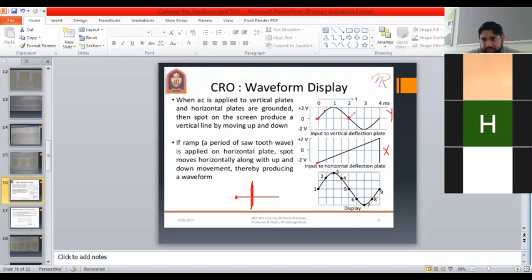We consider this point. Y-axis is offering 0 volts, x-axis is also offering 0 volts. What will be the position on the screen? मैं इसके लिए different color choose कर लेता हूँ जरा, एक मिनट. This was the first point. Now this is the second point. I have considered this point. Y-axis is offering 0 volts, x-axis is also offering 0 volts. What will be the position of the dot on the screen? Will it be the origin or the center of the screen?